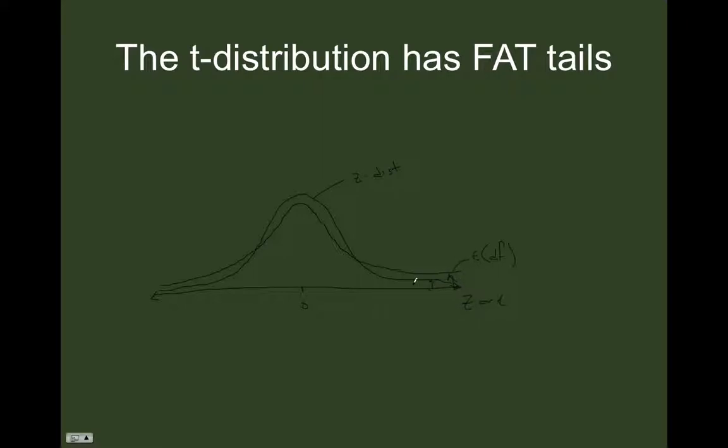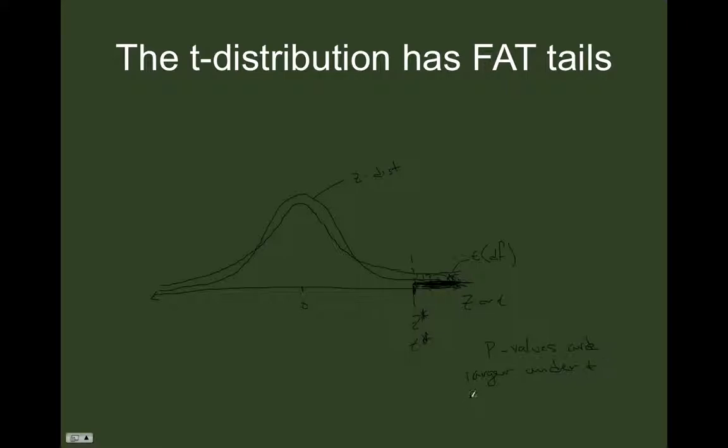And that's important when you start thinking about area, because if you pick a particular value on this axis, call it T star, say, or Z star, okay? And again, I'm representing this as the T or Z axis. What you have to see here is that the area under Z is less than the area under T. So there's extra area here. What that means is p-values, for example, are larger under